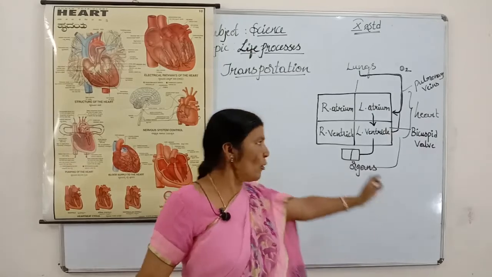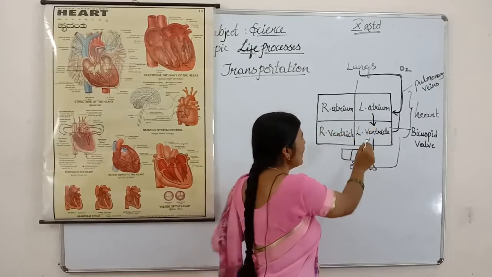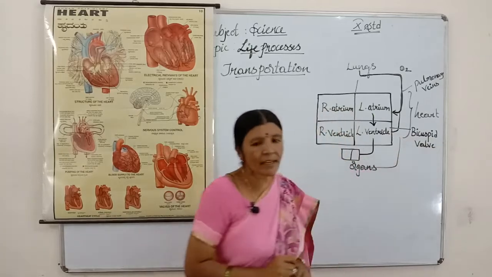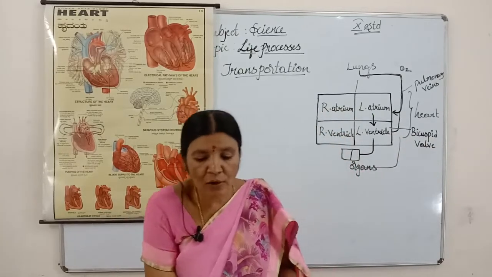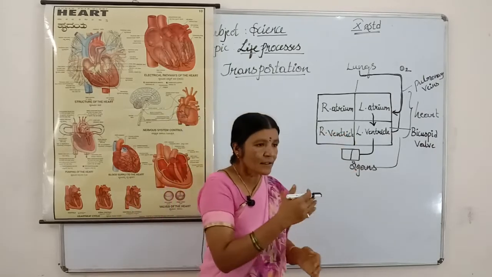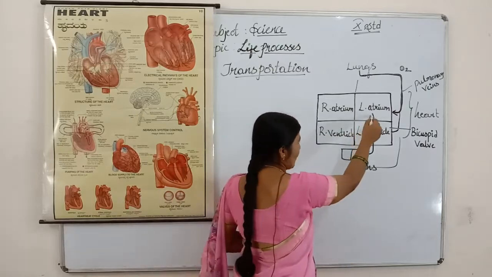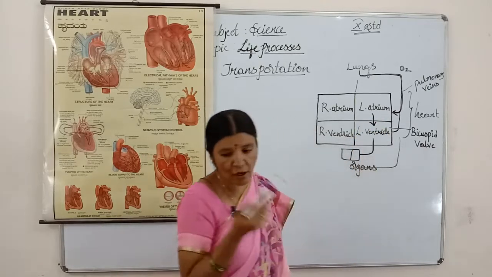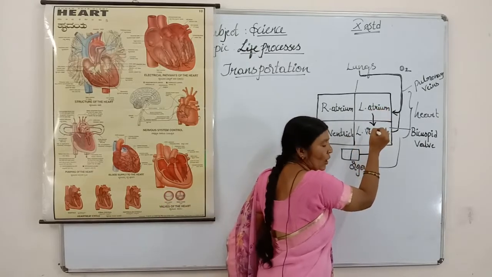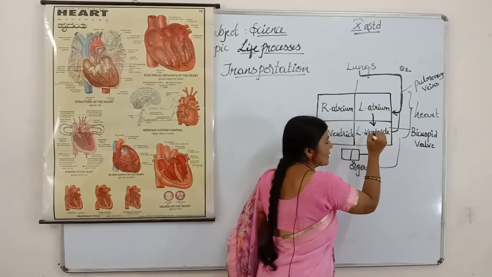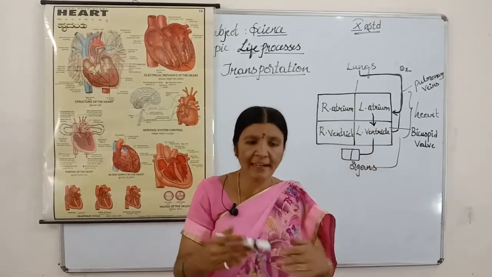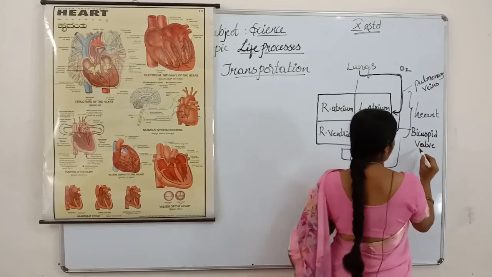Now there is a wall present between the left atrium and left ventricle. I already told you it is a bicuspid wall. Then what is the function of the wall? I already told you this also. The function of the wall is to allow the flow of blood in only one direction, not in the opposite direction. I want the blood to flow from left atrium to left ventricle only, not in the opposite direction. There is a chance of it going from left ventricle back, and that will be prevented by this bicuspid wall, children.